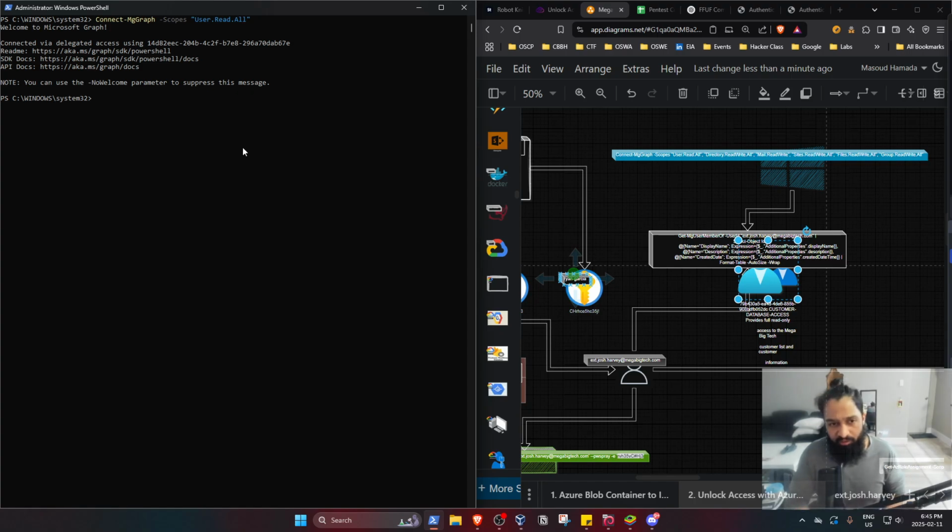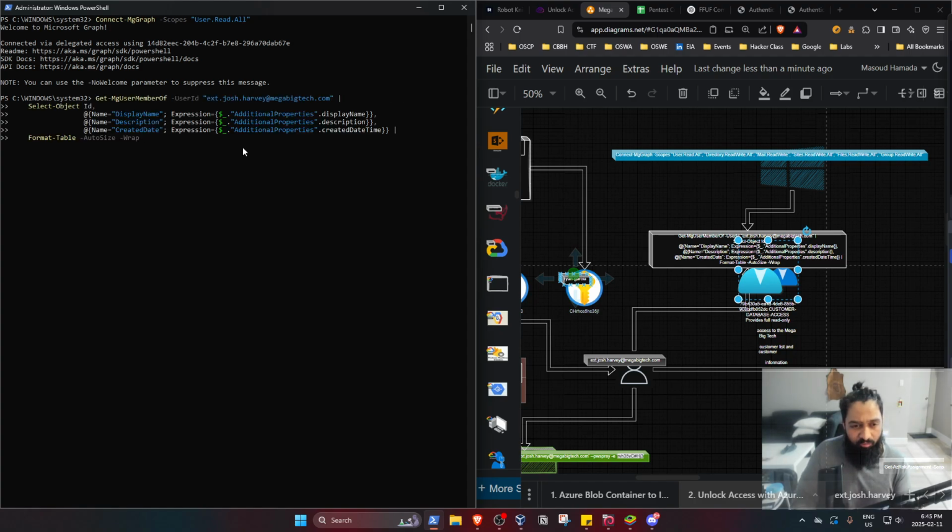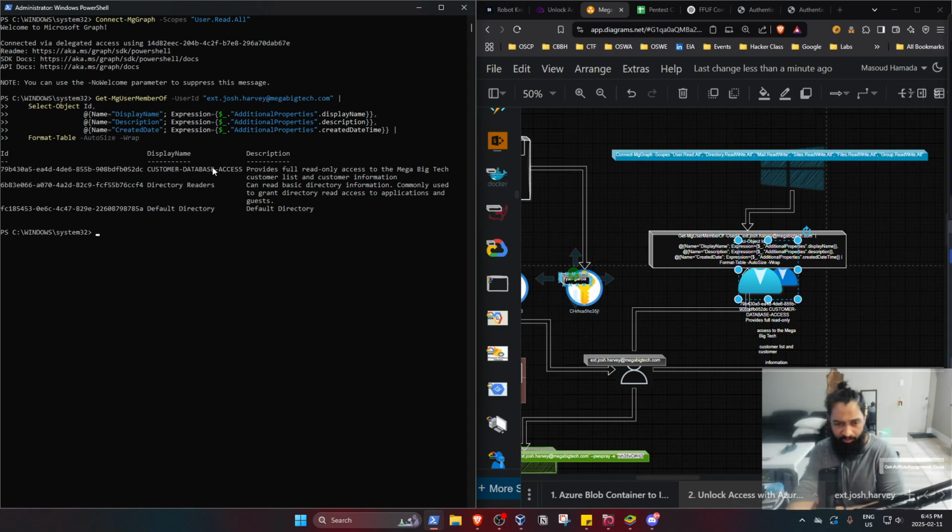we just connect back into the MG Graph for the previous user, and then with that we go ahead and look up the user, and we get, as you can see here, the MG user member of the new user that we found. And by doing that, we find here customer database access has this ID. So go ahead and copy that. And then